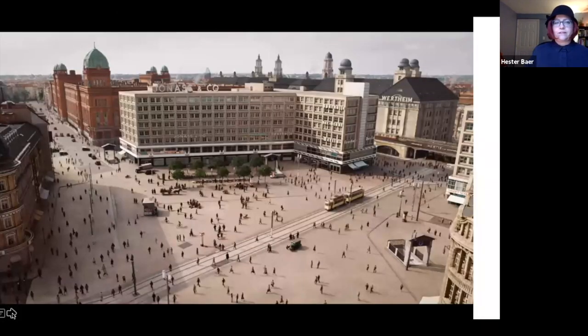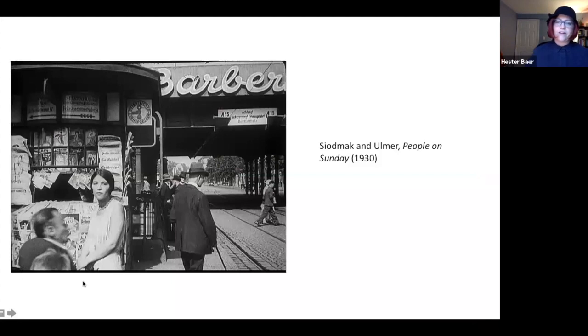And here is an image of Alexanderplatz, one of those shoots on Alexanderplatz that was made possible. They evacuated the whole square for a 12-hour period so the filmmakers could shoot there, and you can see a little the resonance of this kind of image of Berlin from the 20s that they were looking at in developing the mise-en-scène here.